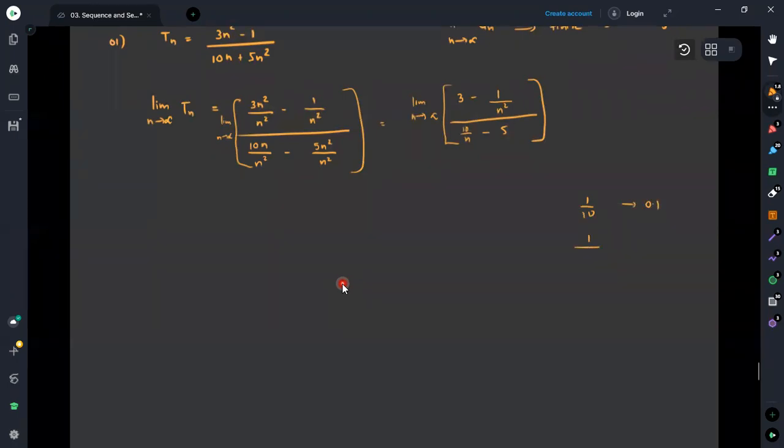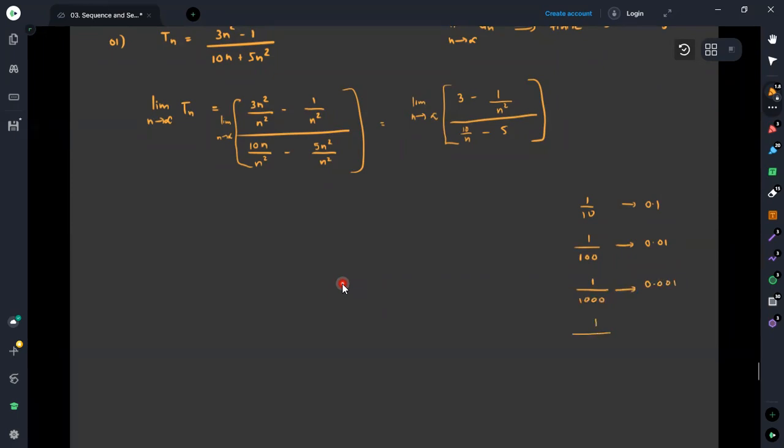If you make the denominator larger, 1 over 100, this becomes 0.01. Now you can see that the final answer is smaller than the previous answer. If you make the denominator much larger,